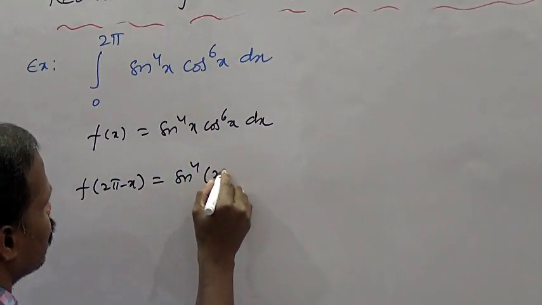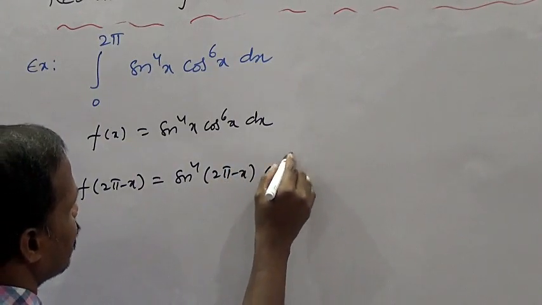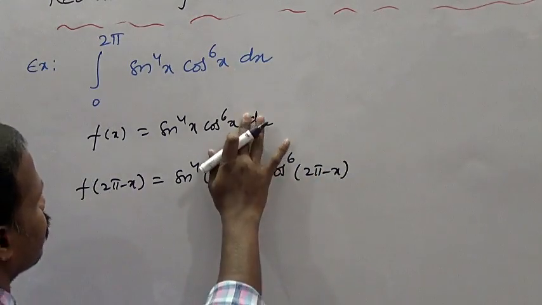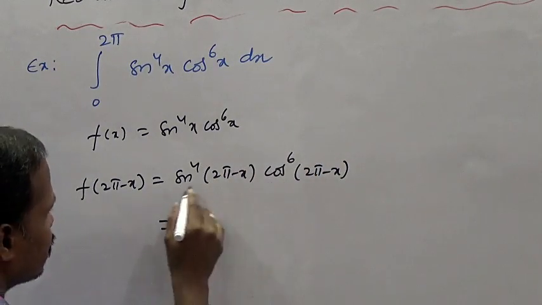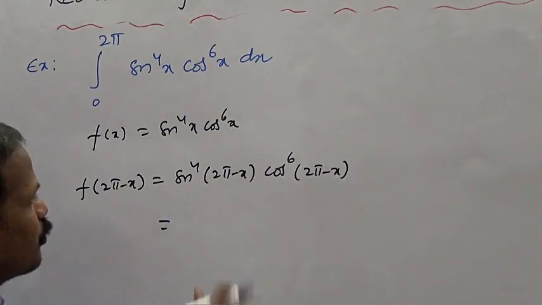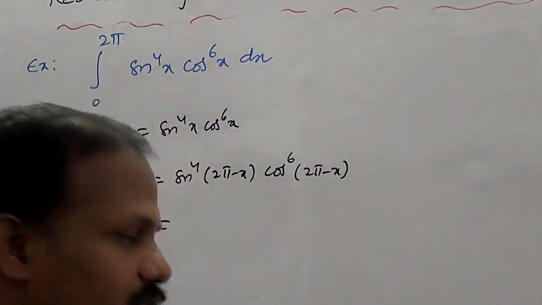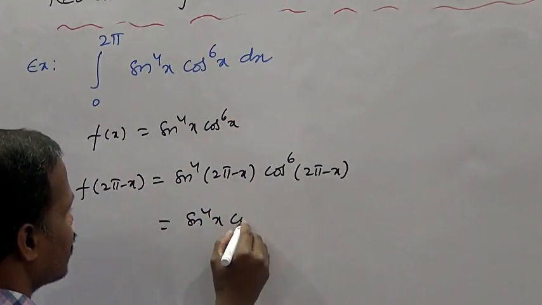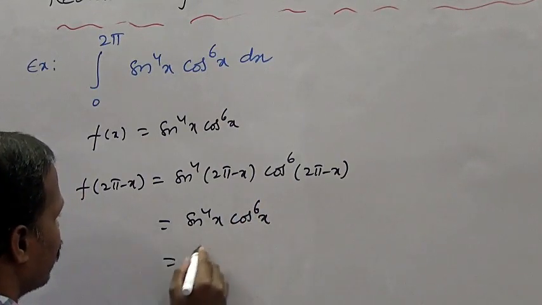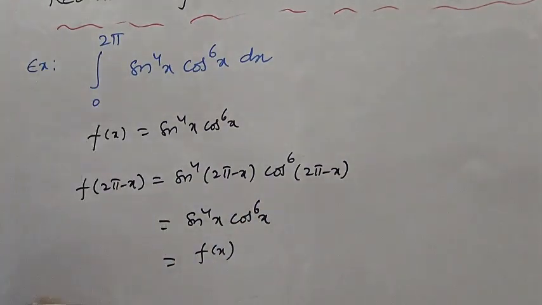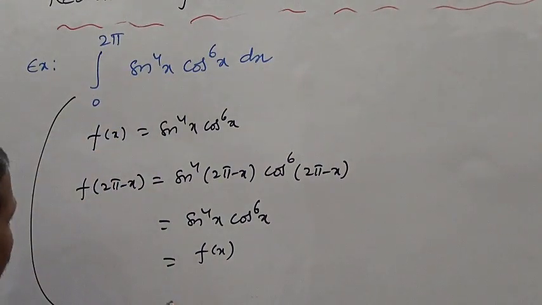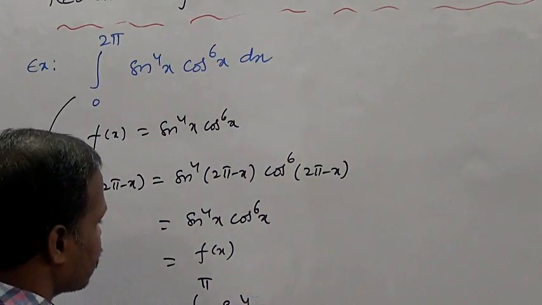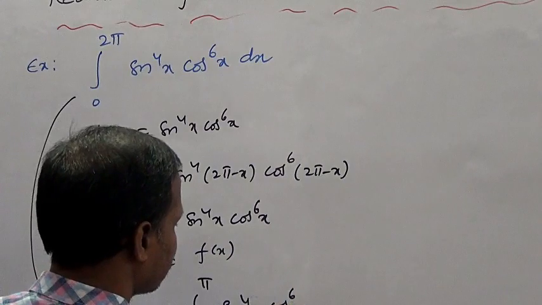Sin power 4 of 2 pi minus x, cos power 6 of 2 pi minus x. Now this is equal to sin of 2 pi minus x. Which quadrant is 2 pi minus x in? Fourth quadrant, so sine is negative. But sin power 4 is there, so it is sin power 4x, and this is cos power 6x. So that is equal to f of x. So the problem can be written as 2 into integral 0 to pi sin power 4x cos power 6x